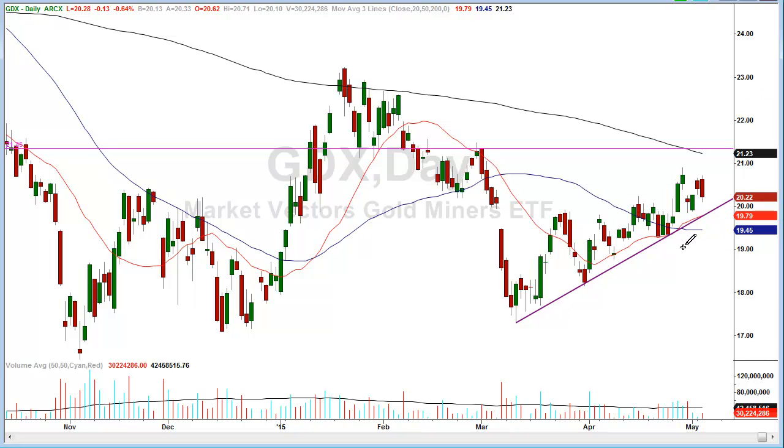So then what you do is you draw a line across here, okay, and this is going to be your first level of support if you broke the trend line, okay? And then you draw another line, okay? And then you have another pivot low, and that becomes another level of support. And you just go on down from there. And that's the way the market works. It's always going to come back and test former pivots. Former pivots on the downside are going to be support. Former pivots on the upside are going to be resistance. That's just the way it works.